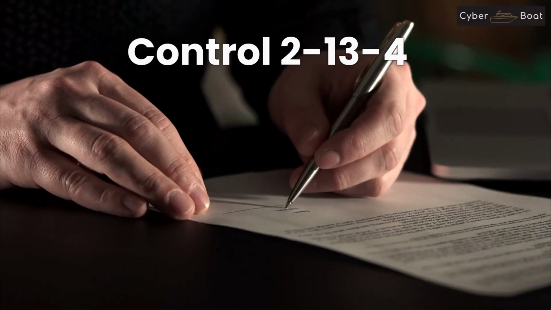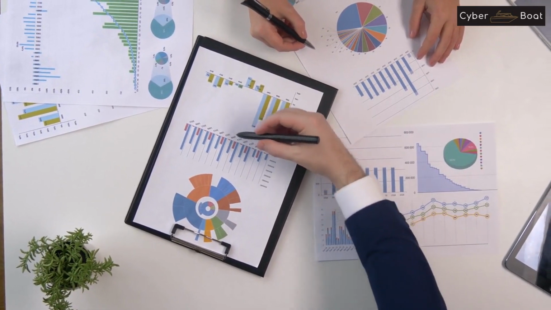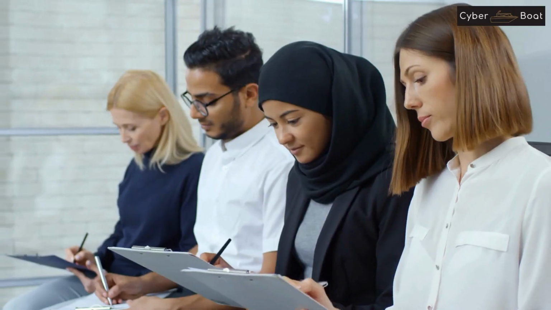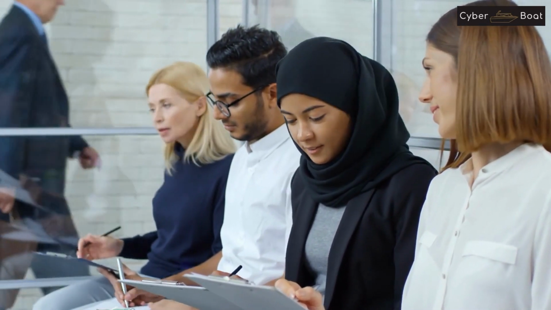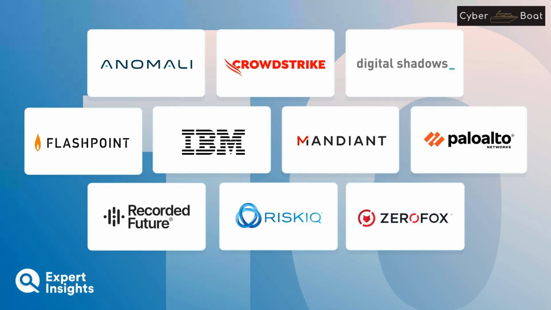Control 2-13-4. The final control for this subdomain is to review and update the incident and threat management requirements periodically. This includes regularly reviewing and testing incident response plans, updating incident response procedures, and keeping up to date with the latest threat intelligence. In terms of technology and tools, a variety of different solutions can be used to support incident